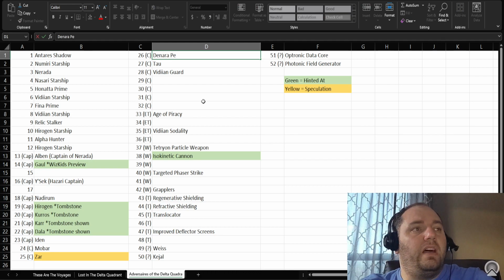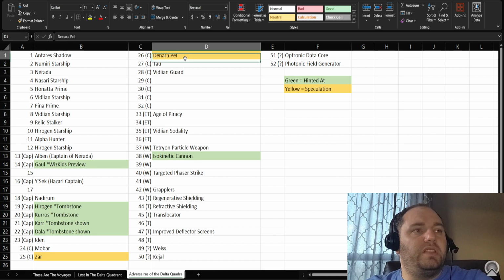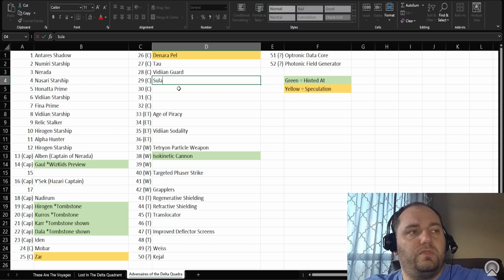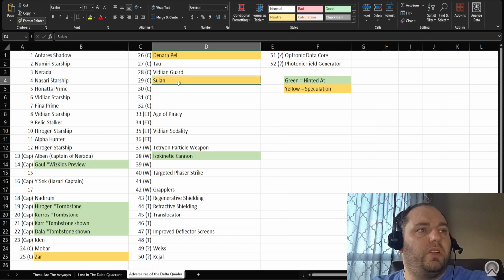a Dinara Pell. She is the Vidiian that came in that was sick, and they made a holographic image of her while she kind of worked on herself. The doctor kind of really liked her. So there's that. You can do Sulan, who is the Vidiian that split Belanna Torres into two, human side, Klingon